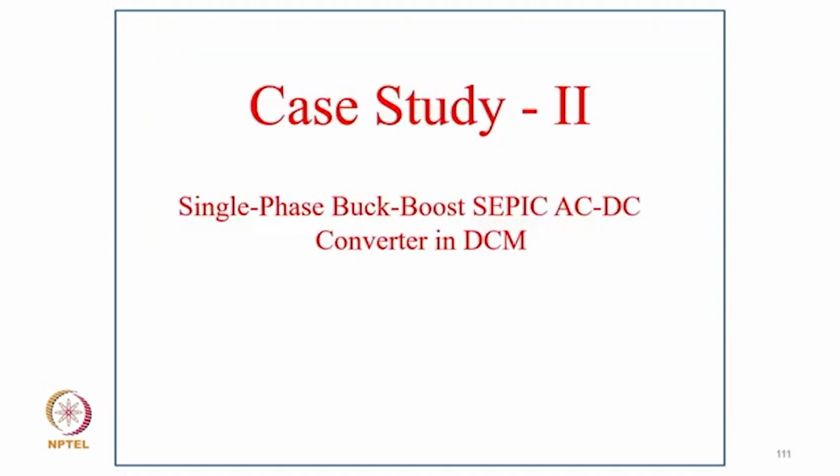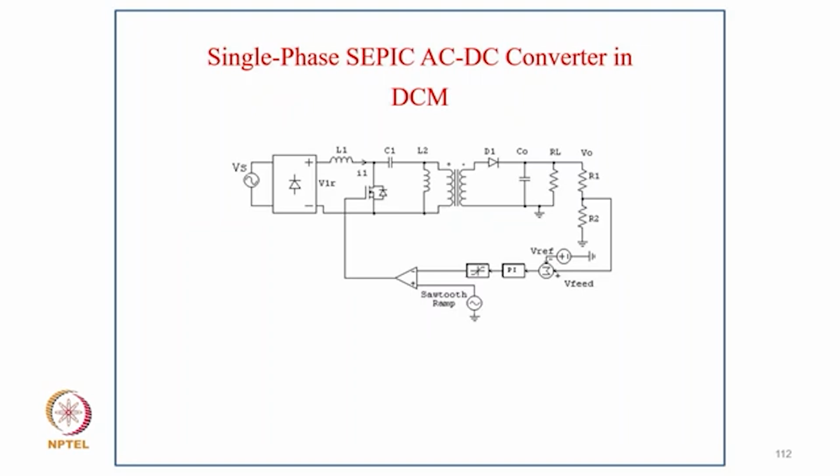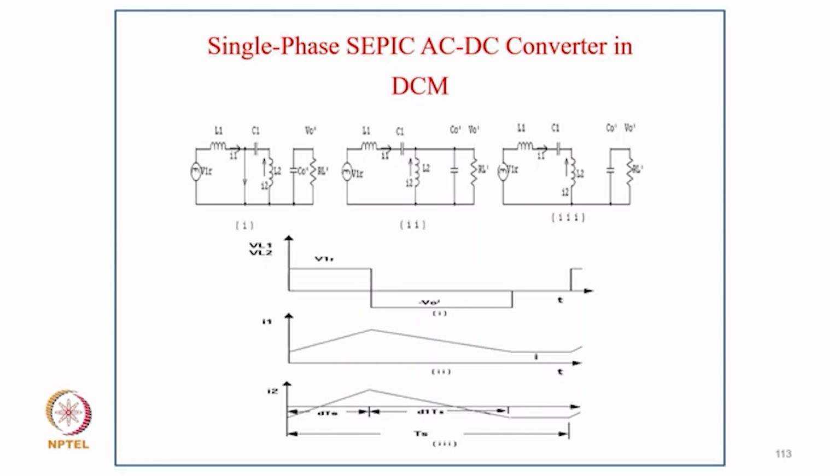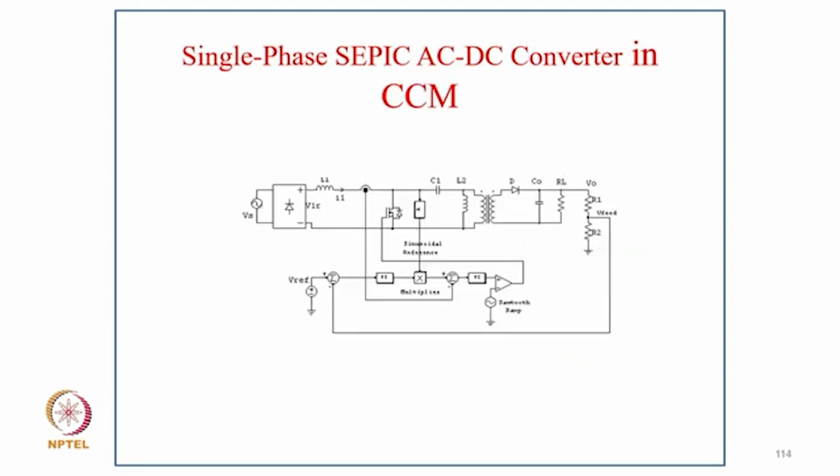Coming to case 2, the single phase buck boost single-ended primary inductance AC/DC converter in discontinuous current mode. So this is a typical SEPIC converter circuit. If designing for DCM, then we sense the input voltage and input current, and only sense the output voltage and regulate the output voltage, and that is the gate signal for the single switch in this single stage PFC converter with isolation. And these are the three modes for DCM: the device conducting, the diode conducting, and none of the two conducting in the last one.